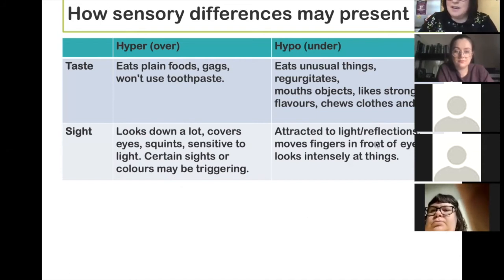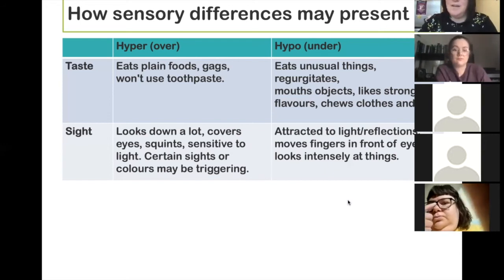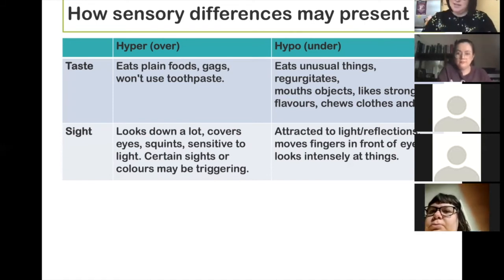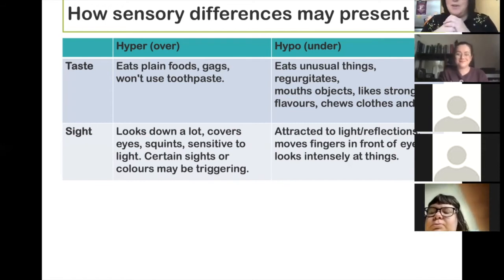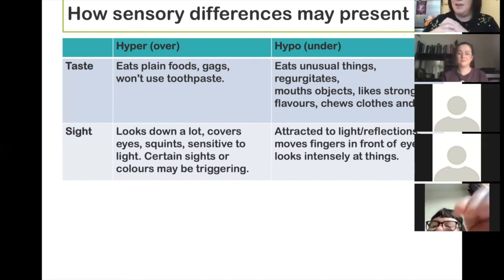People who are undersensitive to sight, they're going to be trying to stimulate, as I say, that particular sense. So they'll be attracted to light, to reflections. They might move fingers in front of their eyes or look intensely at things. There was one person I used to support who used to pace very fast, looking down at the floor. And actually, I feel, I mean, obviously I didn't know because he wasn't able to tell me, but I feel like he was really getting some stimulation out of the carpet moving fast, because it was quite a patterned carpet. It wasn't a very autism friendly place that he was living. He used to do the same in the car. He liked the movement of the things in the car as well.